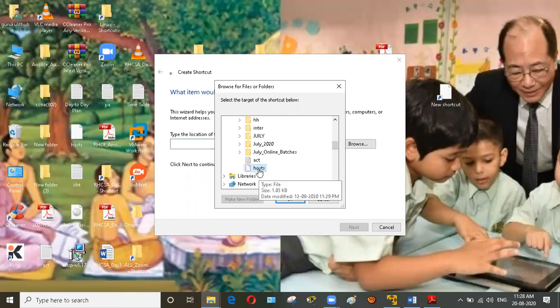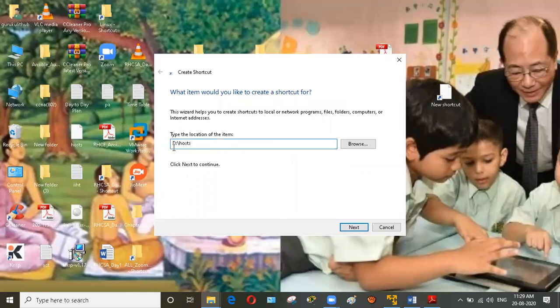In this D drive we have a file. The file name is host. We want to open this file from the desktop location, so we can create a link. I am working on the desktop, so we can open this from the desktop. If we want to open any file from the current location, we can create the soft link. So a soft link is used to open any file from the current working location.